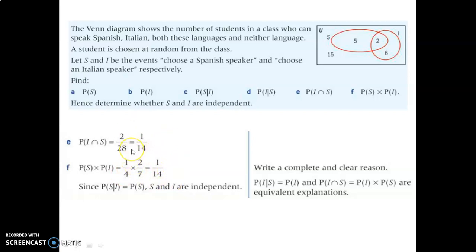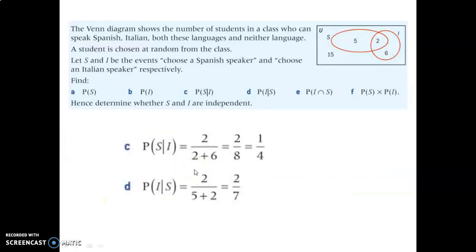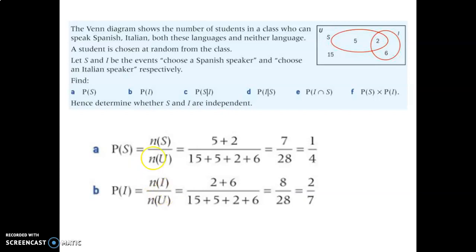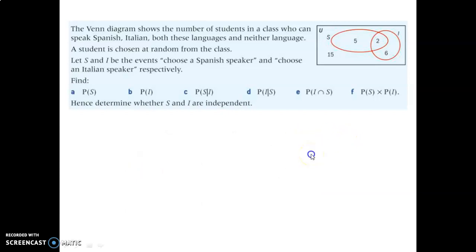That's independent. We would also know they're independent if one of them, like these dependent statements here, are the same as these. So we can compare P(S given I) to P(S), and those are the same. If I go back, here's P(S) 1/4, and it's the same as